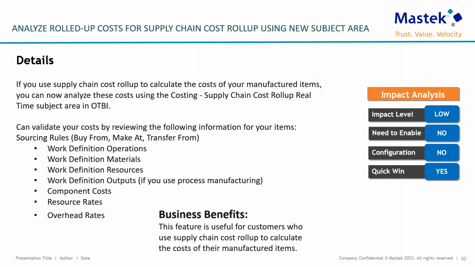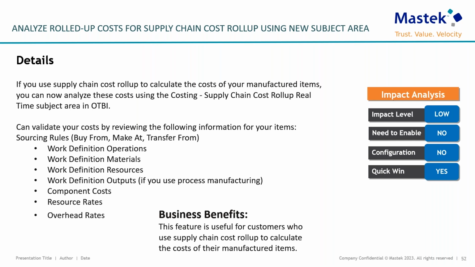Now, moving to the next one, analyze rolled up cost for a supply chain cost roll up using a new subject area. So if we use the supply chain cost roll up to calculate the cost of our manufactured items, now we can analyze this cost using a costing supply chain cost roll up real time subject area in OTBI. So this is basically an OTBI subject area, which we can use, and now we can validate our cost by